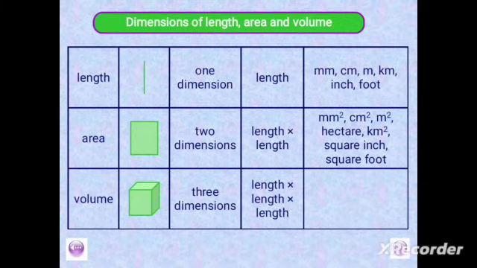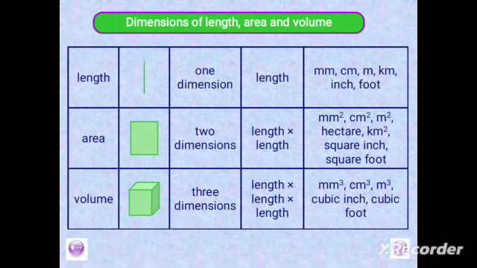That is if it is a cube, or length times width times height if it is a cuboid, and some other figures. Now, volume is stated in the following units: cubic millimeter, we have cubic centimeter, cubic meters, cubic inch